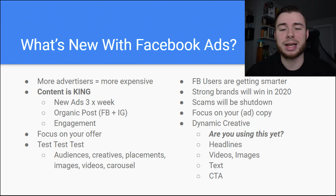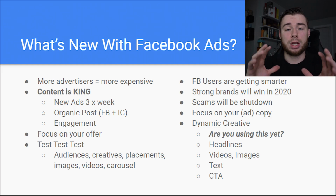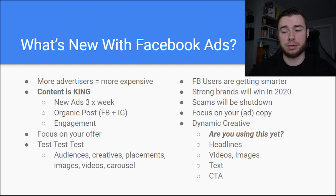This brings us to our second tip, which is to focus on your offer. Your offer is what you are selling, the product that you are giving to the customer, and it's basically what you're portraying out to the customer. If you have a branded store, you're going to be portraying your brand. That is your offer. In 2020, I predict that consumers will be purchasing more and more from actual brands rather